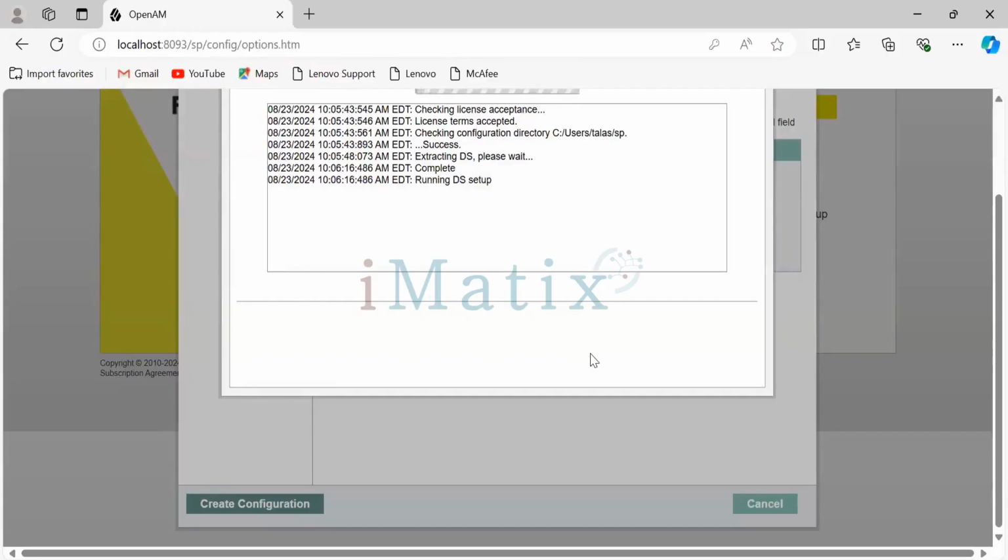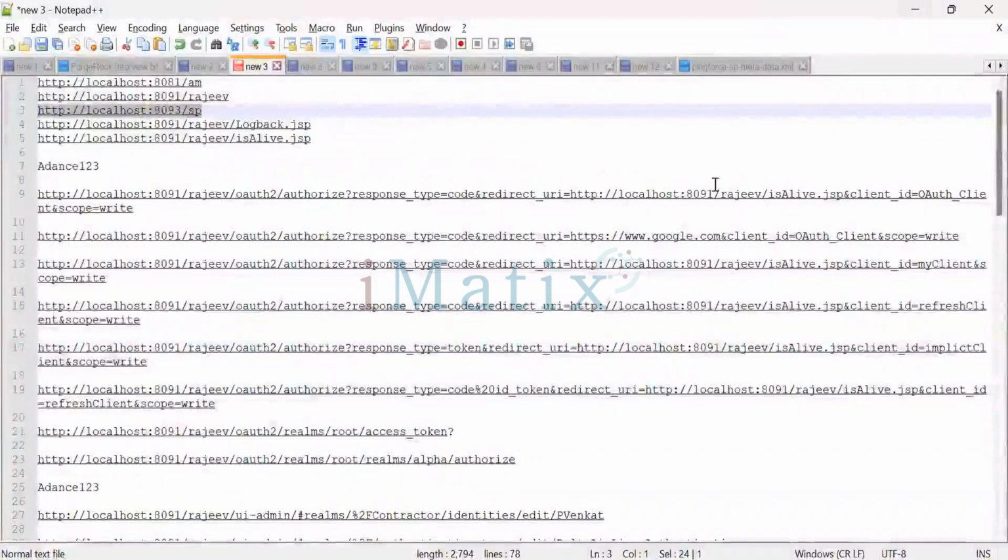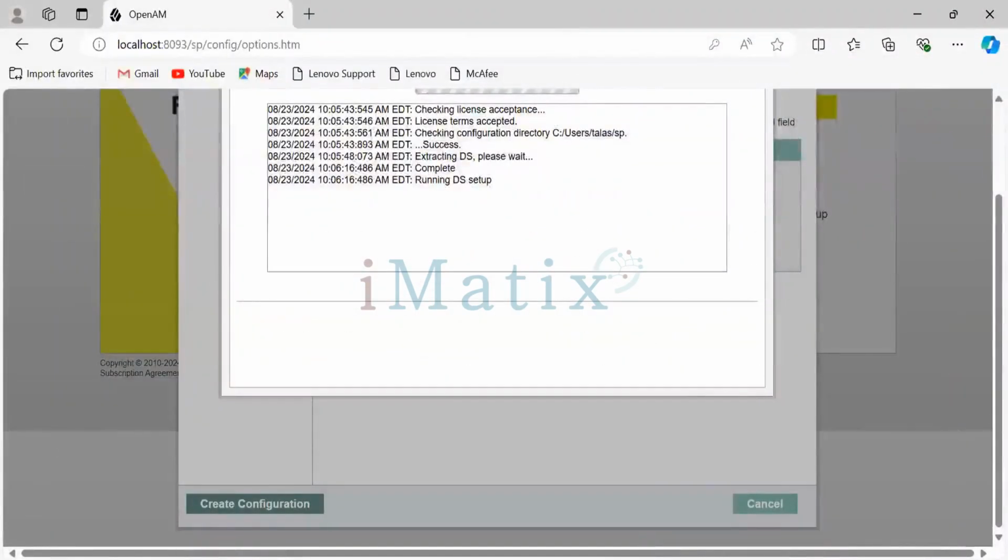Meanwhile it happens, do one thing. Copy the URL for, as you know, 9093/sp. We need to create an SP2 provider meanwhile it runs. Just go to your copy, go to your initial one,